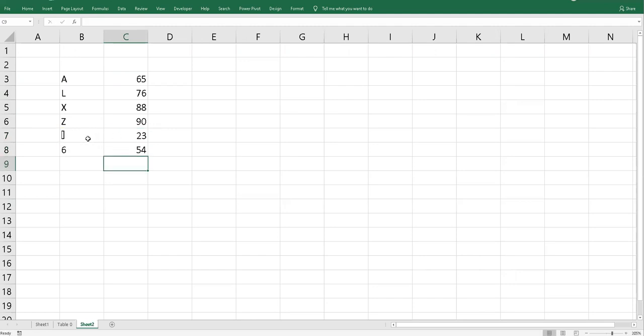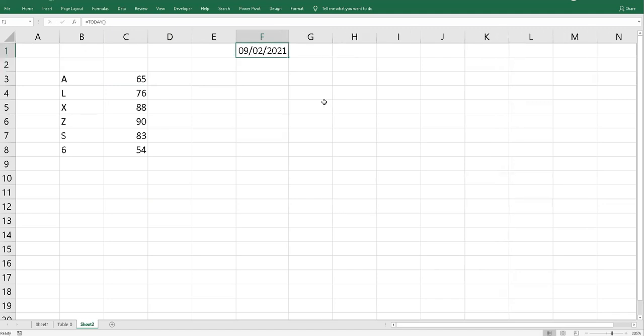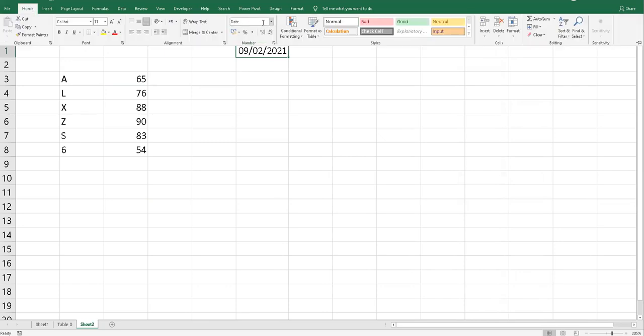Just to give you information, or not, it should be 83. Okay, these are the names of the people which are coming over here, and then this is the information which we would like to have. Now there's a function of TODAY, so today is 9th of February. You can change the format.